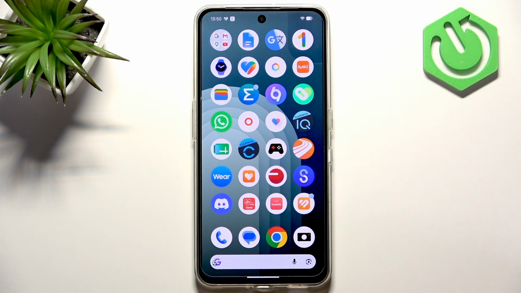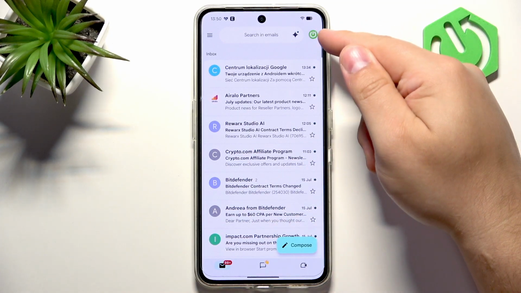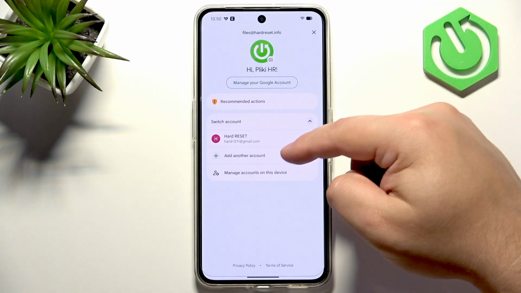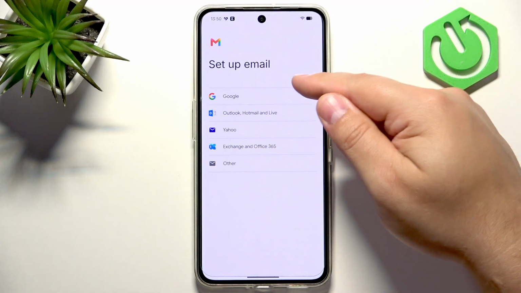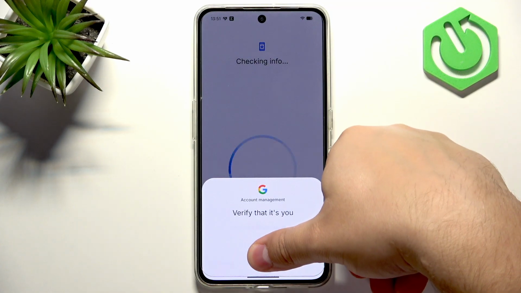So if you want to add a second account, you can simply open the Gmail application on the phone, then tap on the icon of the account right here in the top right corner, then tap on add another account, select Google and wait. Confirm that it's you,